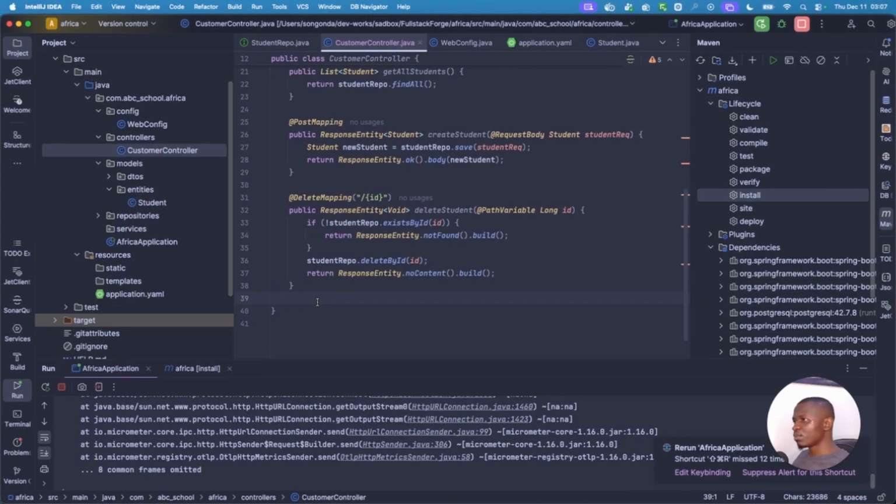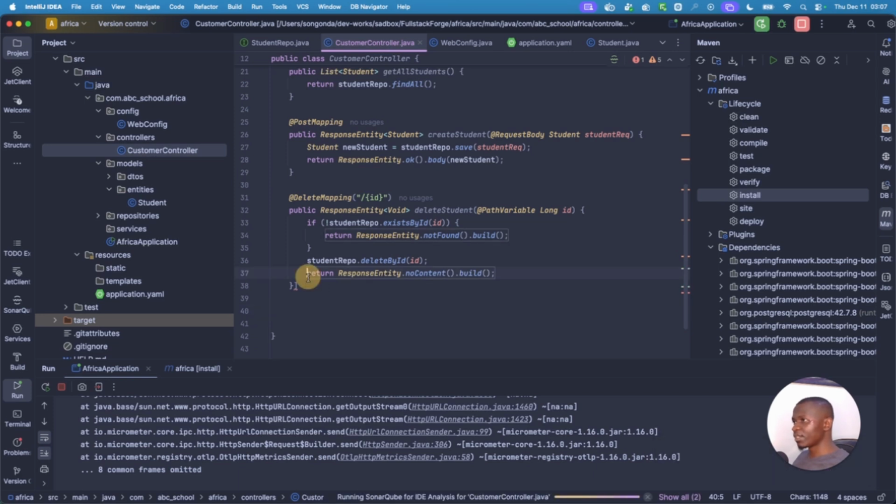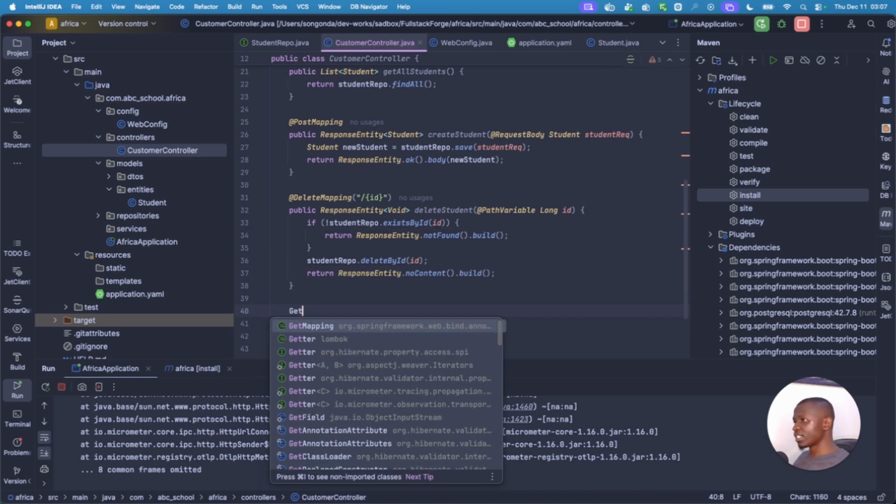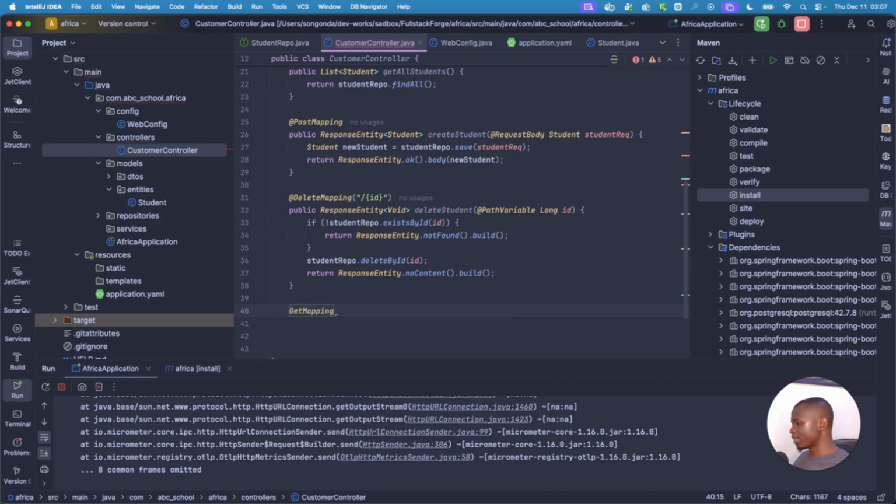So you might also want to find one particular item on this. So you just come here and say I want to find one particular item. I can say this is a get mapping, and in this get mapping I just want to get one particular student from this list. So I'll just say get mapping, and then